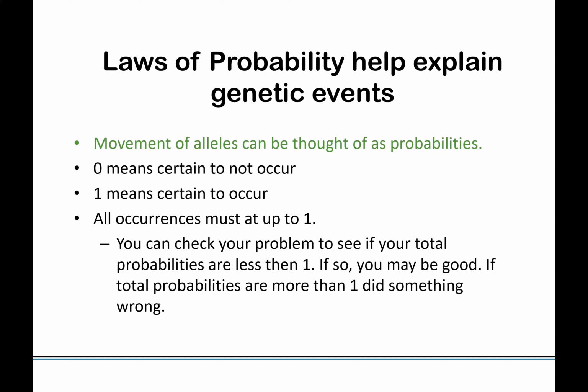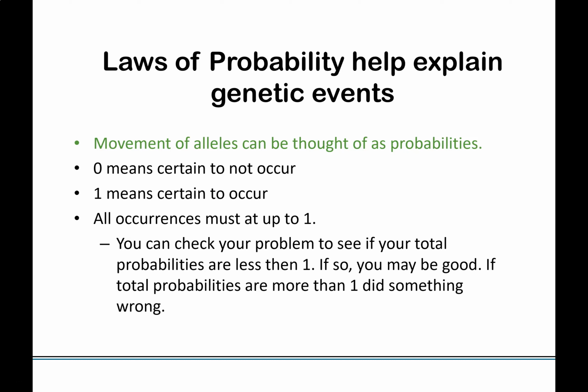So even though there's a 3/4 chance of an individual from 2 heterozygous parents having a dominant phenotype, there's still that 1/4. And so it's possible that you might have 3 children all with the recessive phenotype. It's unlikely, but it's possible. And that's because genetics is basically a game of chance.